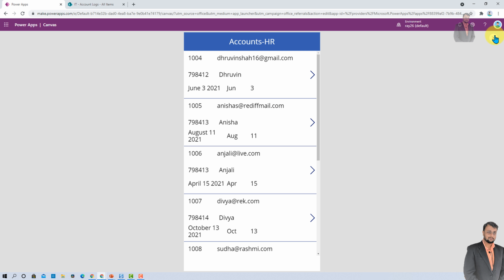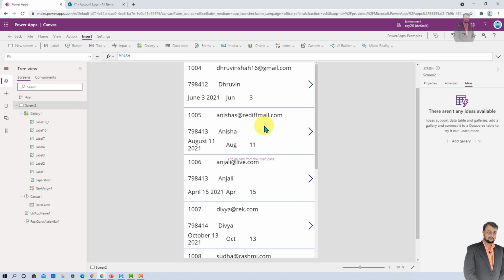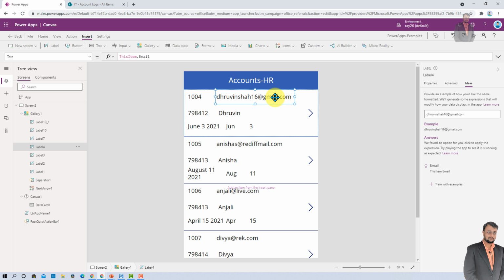Same way, this is my email address, and from the email I just need the word before the at the rate. Then I just need to remove the domain name after the at the rate, and that will generate the formula like this, and let's provide that, and here we are. It is generating the user email address over here as well. So this is cool. And this is how the programming by example feature in the Ideas panel will work.